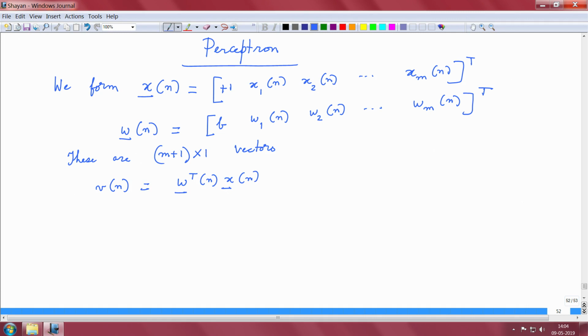Now, one of the claims which is obvious is for the perceptron to function properly, if you have a 2-class problem, these classes must be linearly separable. So, let us visualize what linear separability is, and this will help us to get an idea of what is happening. Right. Let us imagine two distributions.